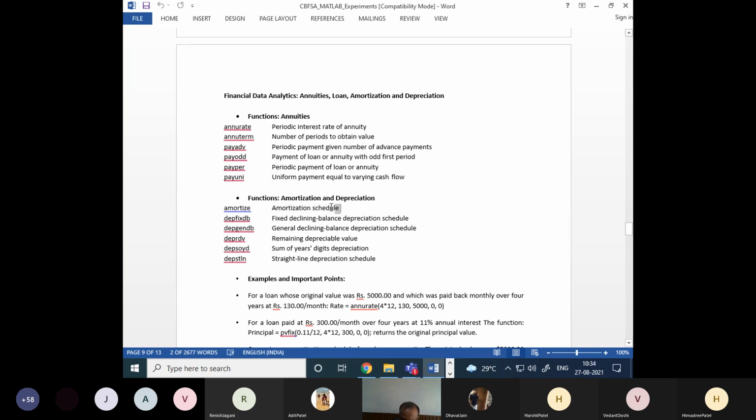We have seen that in theory in one example. Now we will see it in practical. And there are some other functions also related to depreciation. The depreciation functions are useful when we do fundamental analysis, when we read the balance sheet of companies, right? So that the depreciations are taken into consideration. Yearly depreciation applies to the equipment, because the equipment will lose its value.